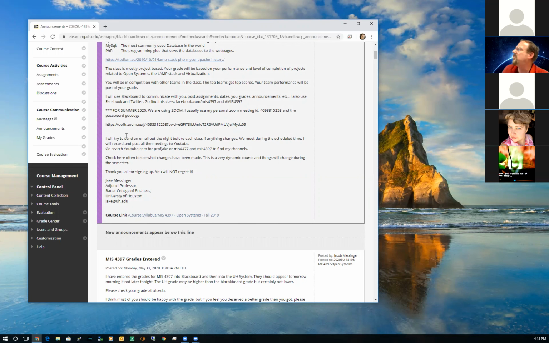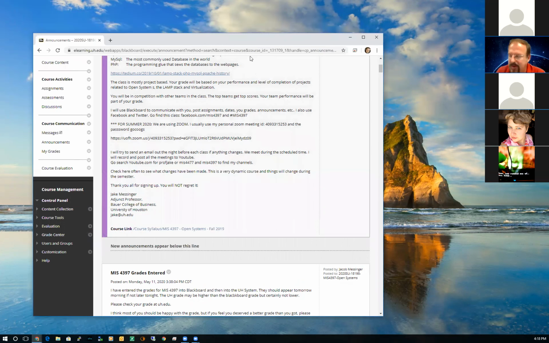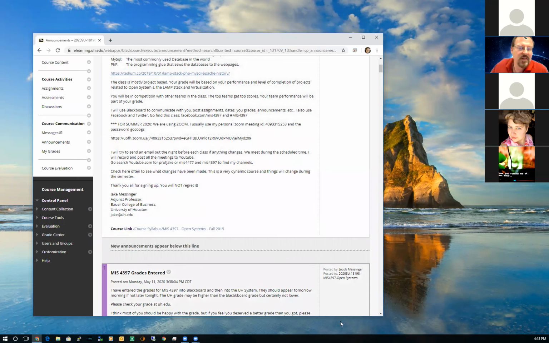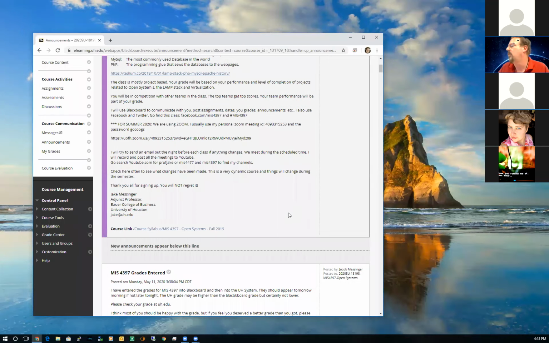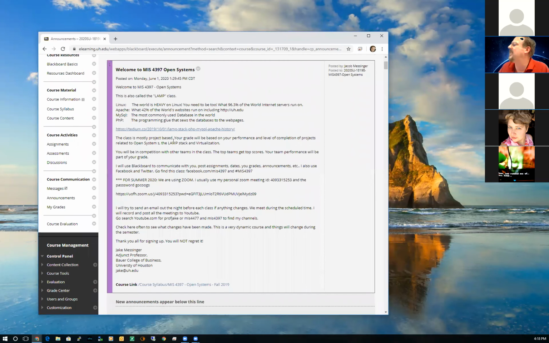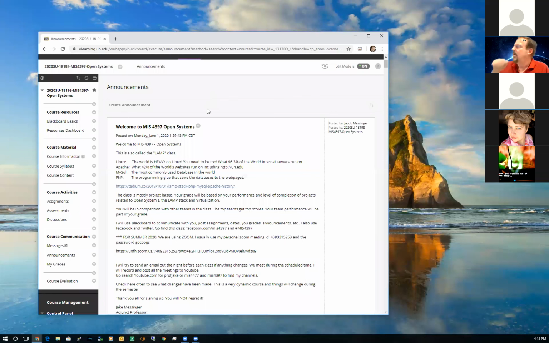So what you should be doing is logging into Blackboard every day, coming to the announcements page first, see what the latest announcement is, which you should get in email as well. But I would also check here in case I made a supplemental announcement that did not get emailed out. I don't email out every single announcement. Underneath course content, there's a syllabus,